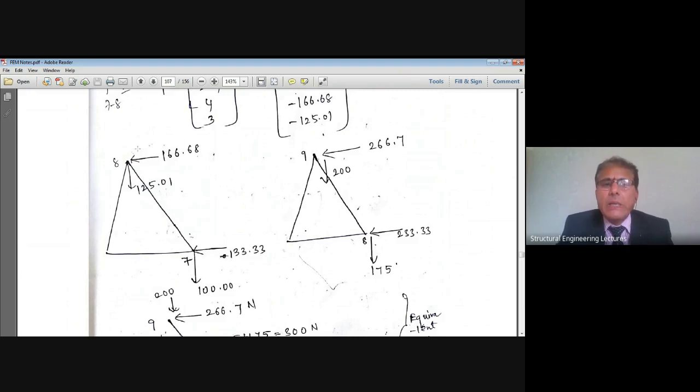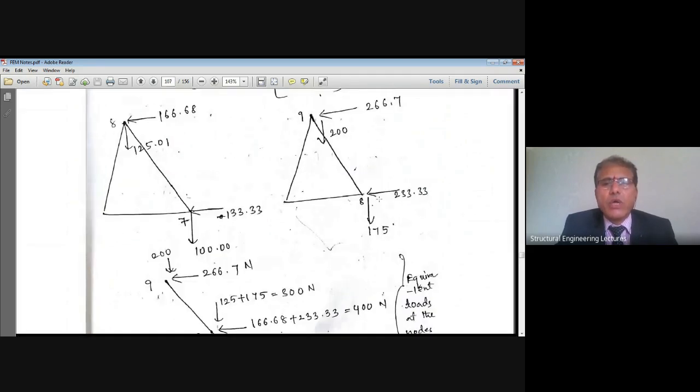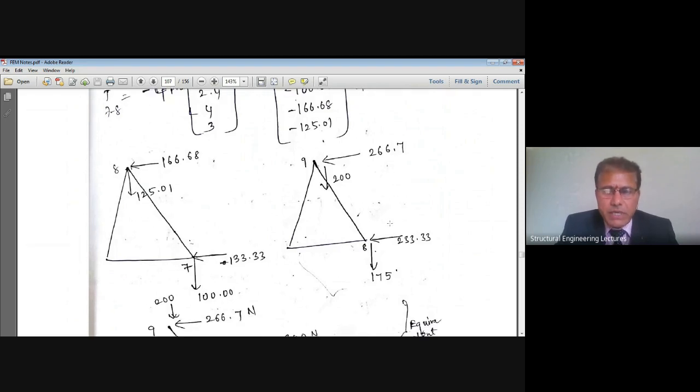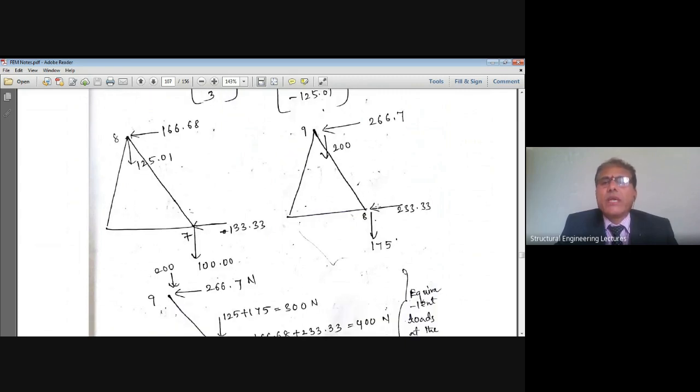That is how we obtained equivalent loads if traction force or pressure intensity is given for the side 7, 8. Similarly, you can do it for the next element also. I'm just skipping that. It is akin to that, with only a change in numerics at the 8th node. I'm skipping its solution because I elaborately explained it for the first element. Hence, doing that, now I'll get at the 8th node.